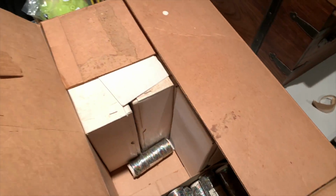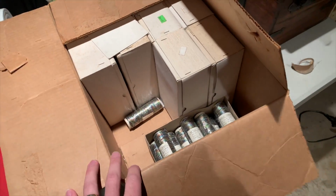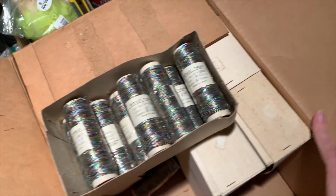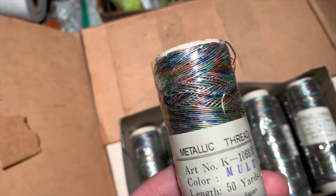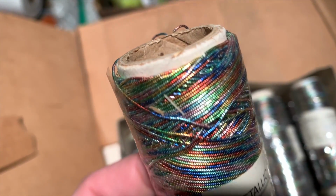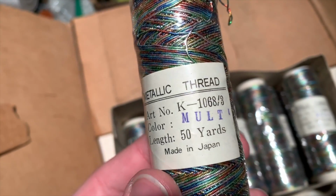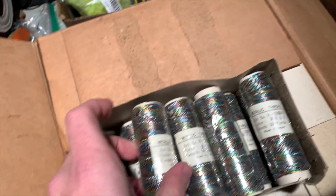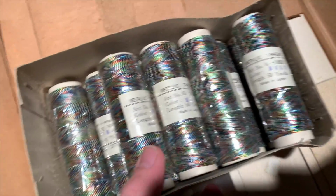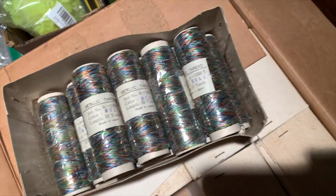Now, I've got a ton of it in this box. This is all vintage. It is all from the 1960s. It is in original packaging, in mint condition. It is rainbow thread. Now, if you look really closely, you can see the fine detail and the craftsmanship. I don't want to zoom in too close. You won't be able to see it. But this is metallic thread, made in Japan, 50 yards worth per spool. Each case comes with 12. Now, the interesting thing is some of these are labeled as metallic thread, while others are labeled as,